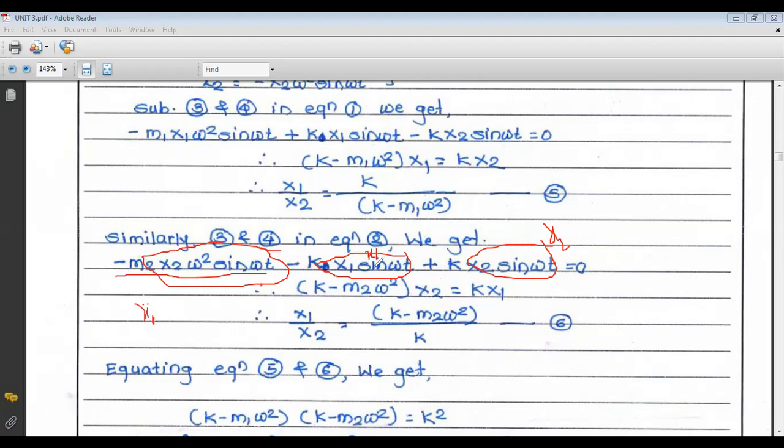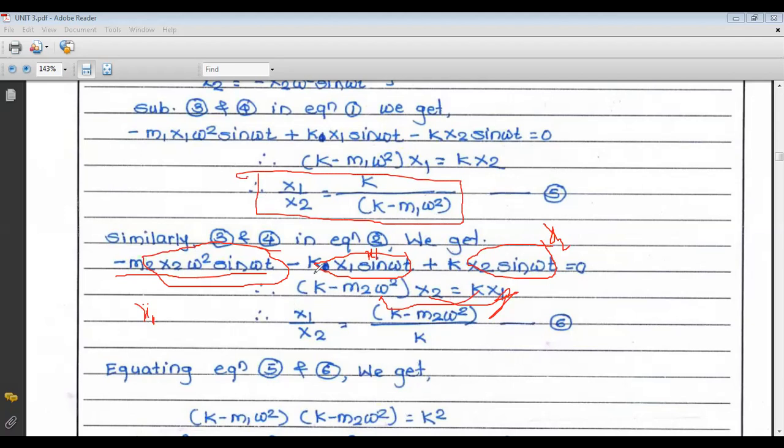Now this minus kx1 goes to the right hand side, so that becomes kx1. So we get x1 upon x2 is equal to k minus m2 omega square upon k. So this term goes to this side, so k upon k minus m2 omega square. Now this is equation number 5